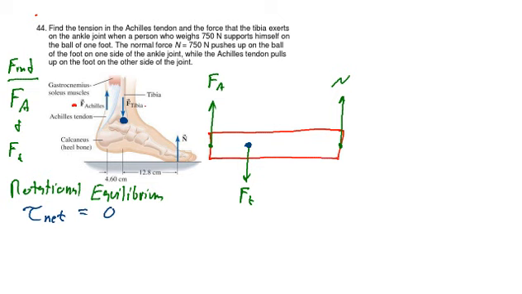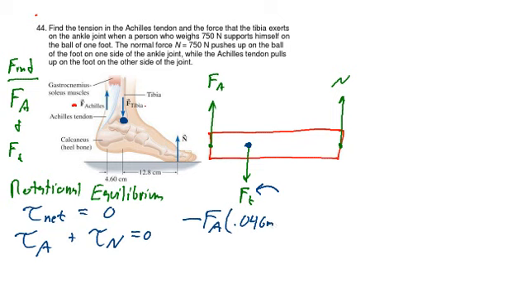And of the three forces that act, only two of them cause torques, because the lever arm due to the force the tibia exerts on the ankle is equal to 0 because it acts at the pivot. So the torque produced by the Achilles tendon plus the torque that's produced by the normal force will have to add up to 0. Alright, the Achilles tendon is going to cause the foot to rotate clockwise, so its torque would be negative the value of that force, F sub A, times the distance that that force is from the pivot point,